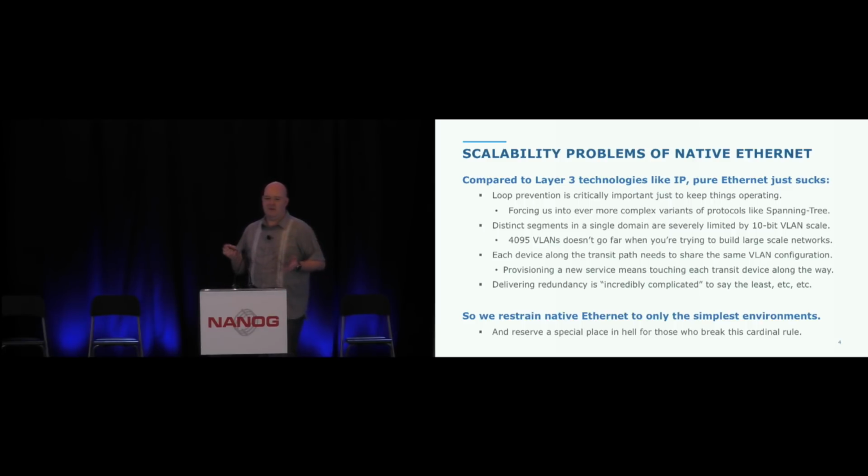Provisioning of VLANs, there used to be all kinds of hideous protocols that would do this, that would signal between the devices, and it caused nothing but problems. And any kind of mechanism to do redundancy in a pure native Ethernet, pure layer 2 environment is just terrible. I mean, there's no good mechanism whatsoever for this. So every single thing that we build in a modern network is constrained to a very simple environment, a very simple role. It's a point-to-point, or it's a small LAN, even though we're still using Ethernet technology. And of course, we reserve a special place in hell for anyone who violates these rules, because it usually results in something very, very bad happening in life.